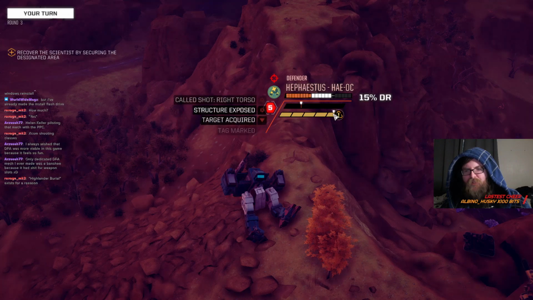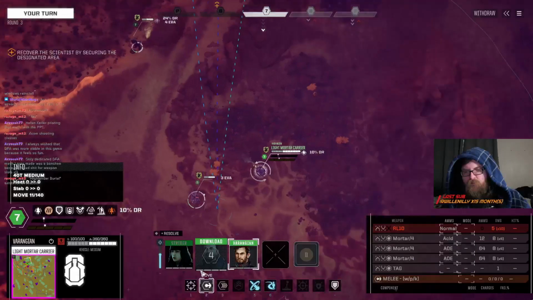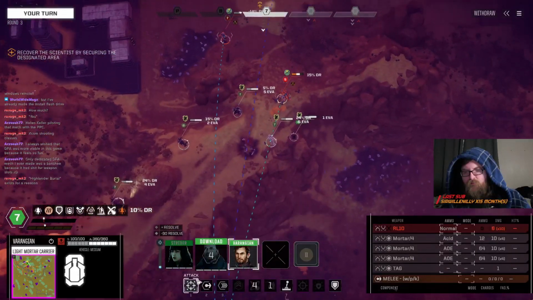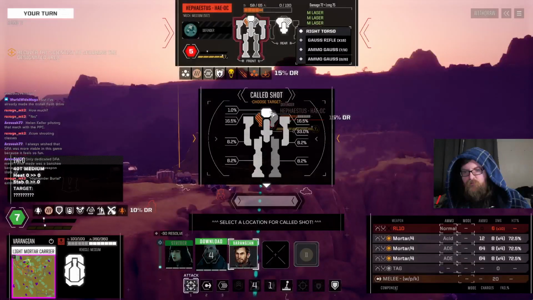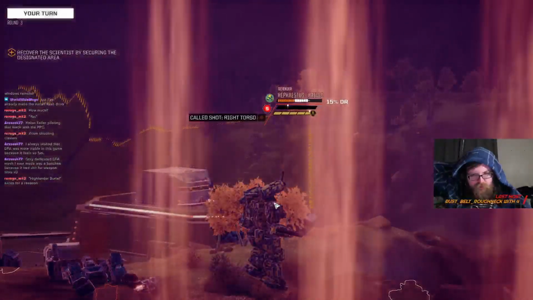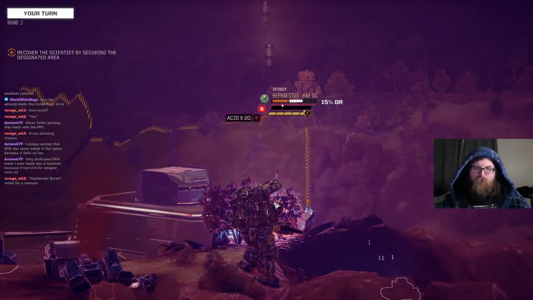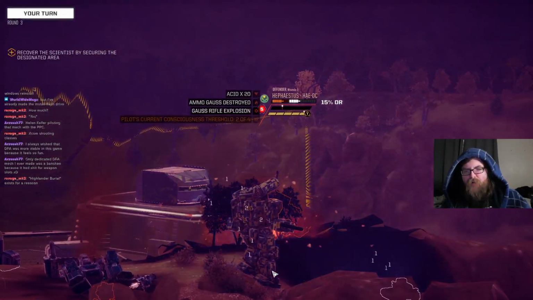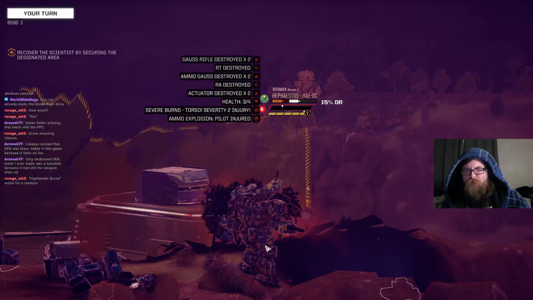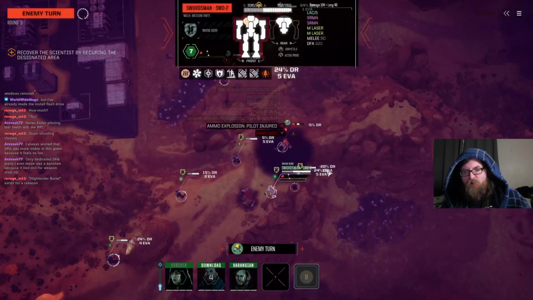Could you just die, please? I'm receiving you. I'm asking nicely. Please go deceased. I should have done this first for the acid damage. But that's fine. A little bit of friendly fire. Probably should have been a bit more careful with that shot. Because now they've got the...